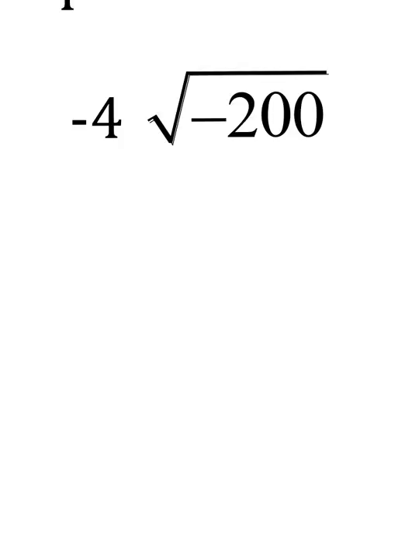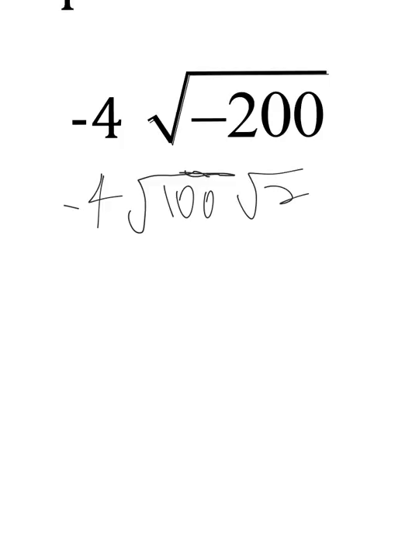Now, you have negative 4 times the square root of negative 200. So we're going to write that negative 4 down, and we're going to split up negative 200 into two numbers that can have a square root. So I know that 100 times 2 is 200, and I know that 100 has a square root. So you want to use the biggest number you can that has a square root. 200 has a lot of factors, like 25 times 8. 25 has a square root, but it's not as big as 100. All right, and so then I just keep the negative by the number that has a square root. So here's what it's going to look like. The square root of